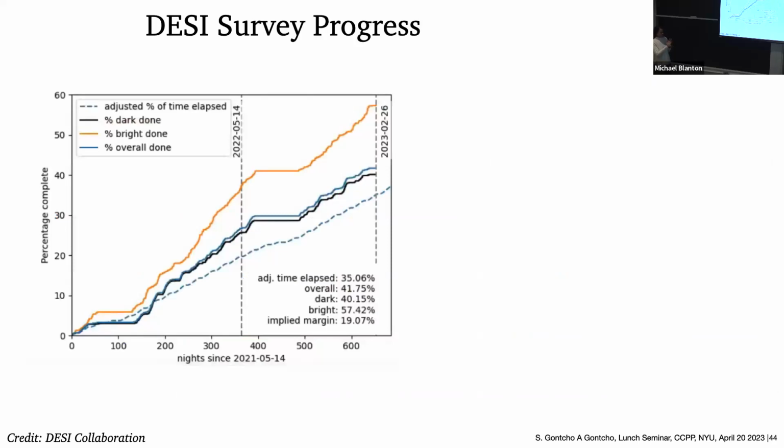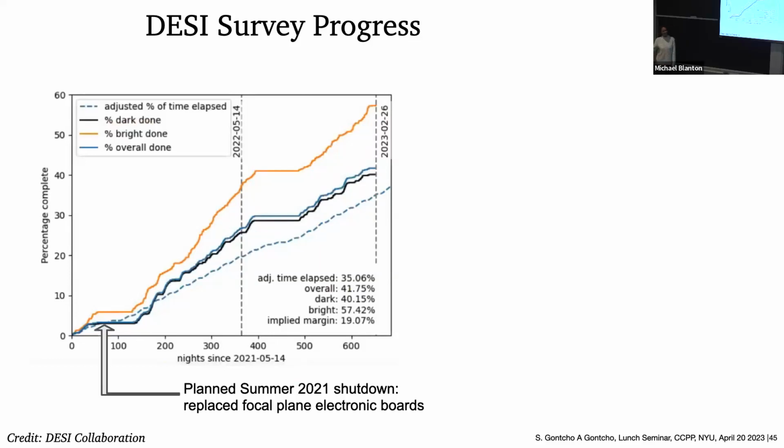And so this only shows you the main survey. Here it's May 2021, and we observed for 2 months, and we had the summer shutdown because we wanted to do some upgrades on the control boards, the electronic boards that control the positioners. That was planned and accounted for. This is the survey progress. And then we observed for a year, and we had an unplanned